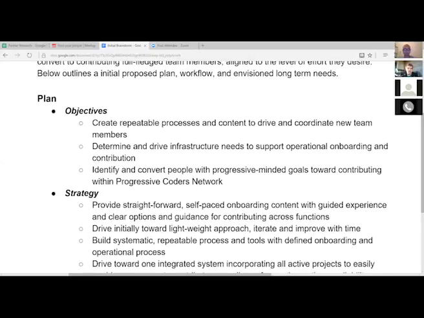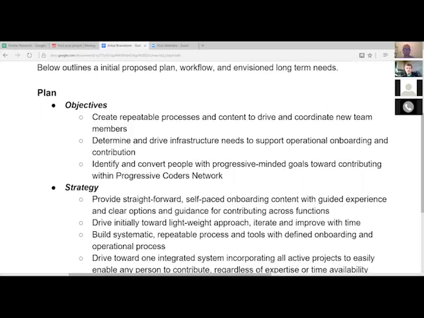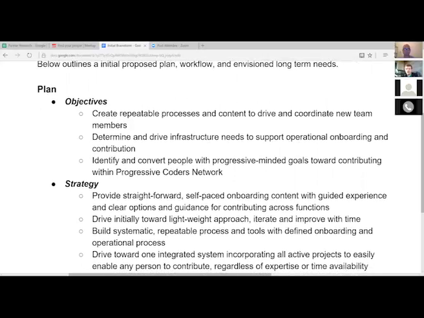And then ultimately drive toward one integrated system where you can easily see all the different tools, all the different projects ongoing and how you can contribute, regardless of whether you want to contribute 5 minutes or 5 hours a day. And also, as you'll see for a lot of these things, especially like Code Corps, for example, there's a great place where there's a lot of these things that are already brewing. And so it's a great opportunity to really connect the different things going on and bring them into one very integrated approach.